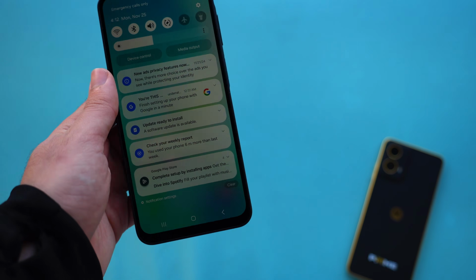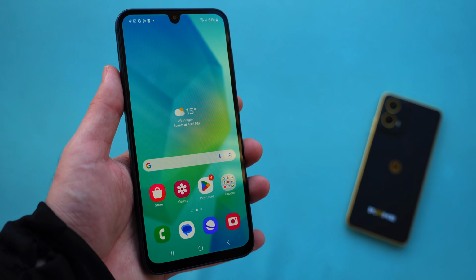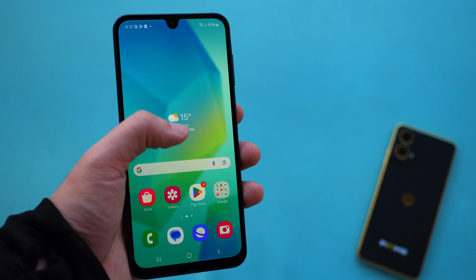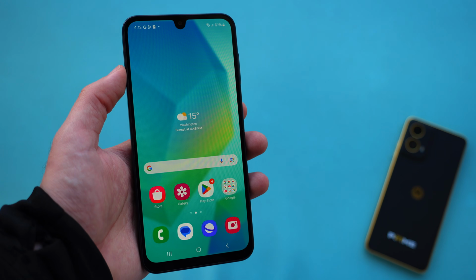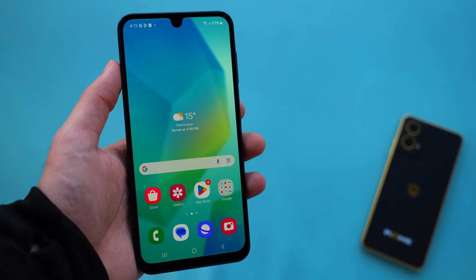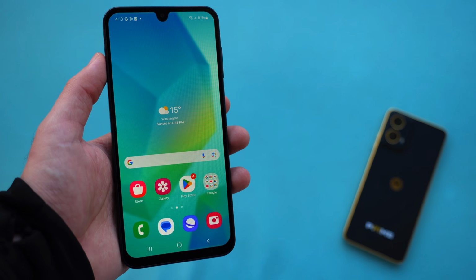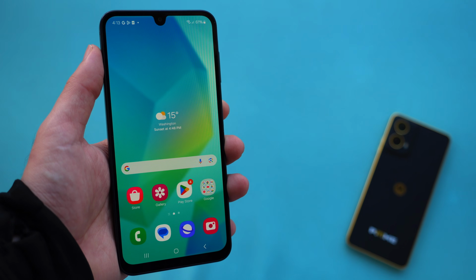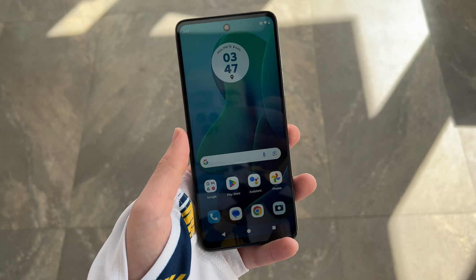On the other hand, you get a massive upgrade in the display department when it comes to the Galaxy A16. The Samsung Galaxy A16 gives us a 6.7-inch, so slightly larger, 1080p Super AMOLED display, really bright at 800 nits. It might not have quite a 120Hz refresh rate, it does however have a 90Hz refresh rate. And if we look at the screen-to-body ratio, the bezels on the Moto G 5G are slightly smaller, but I'll take slightly larger bezels if we're going to get a better quality display. So when it comes to your everyday tasks, watching videos, things like that, it's a no-brainer.